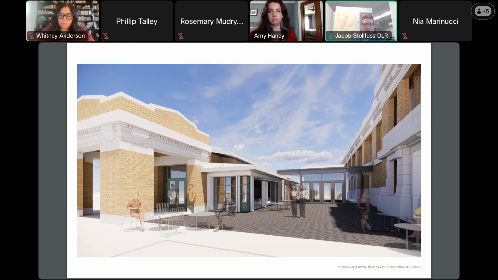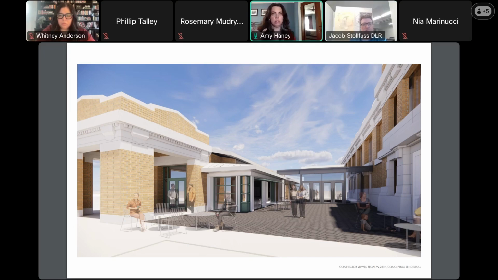We're going to try and minimize the visibility of those doors as much as possible and make the glass as clear as possible, so that right here you're looking at a rendering that's showing the reflectivity off of that glass that depending on the day may or may not actually be viewed like that. So hopefully the transparency of the glazing and the minimizing of the structure and trying to get as thin a profile on the doors as possible will help that transparency of people being able to see into the courtyard and be drawn to it.